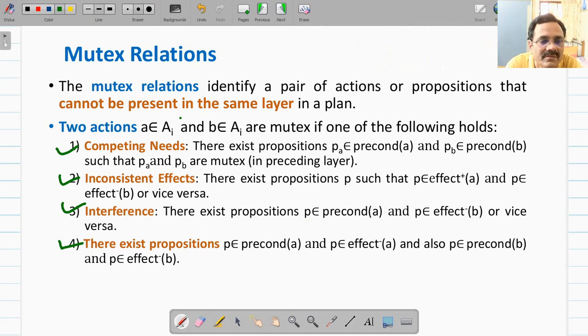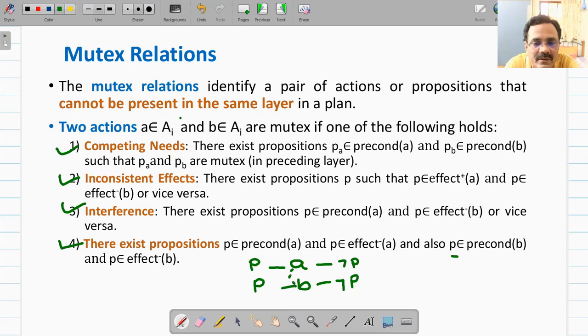Now fourth situation, when there exists proposition P which is precondition of A, and proposition P belongs to effect minus of A, so A deletes this P, and also we have proposition P which belongs to precondition of B, and this P also belongs to effect minus of B. That means it is consuming this proposition, and both of these actions are doing the same thing.